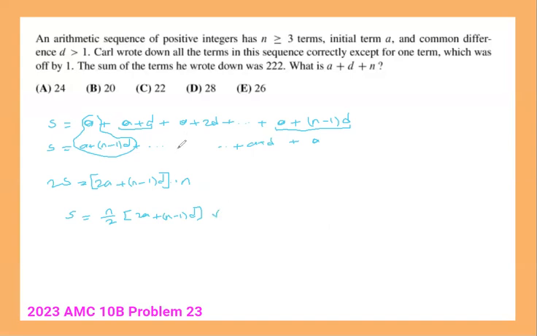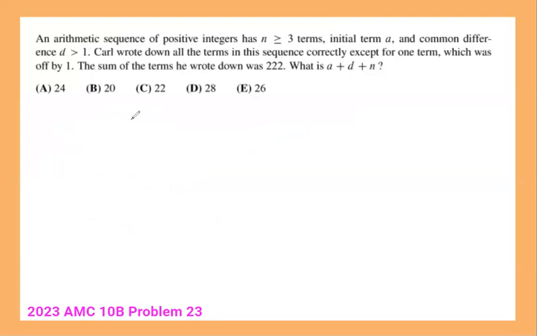That's why I like you to do this approach whenever you need it. It will take a bit more seconds, but that's fine. Okay, so now we got the formula, so we can take this out of the way. We are told the sum of those terms, n over 2 times 2a plus n minus 1 d, is equal to